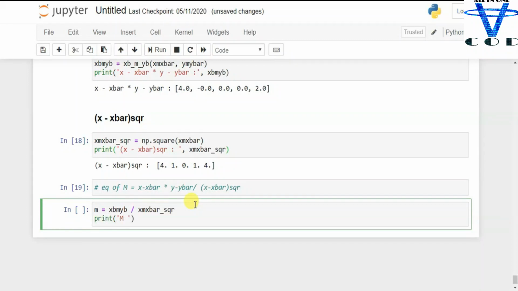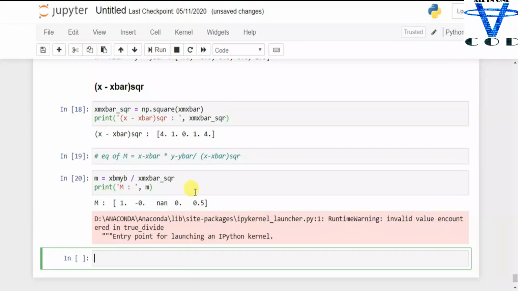Oops, we got a warning. This is not an error. Entry point for launching an IPython kernel. We got a warning in here. Oops, we got the wrong output because we need to find the sum of x minus x bar square, and we want the sum of x minus x bar into y minus y bar. So let's do it.